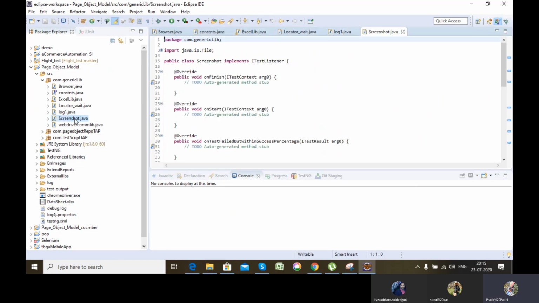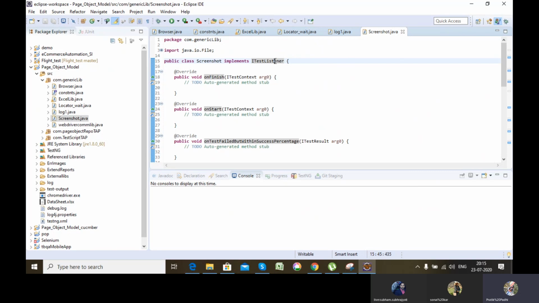Then comes screenshot. What I have done here is, let's say, for example, I have created a class Screenshot and implemented ITestListener. This is an interface which is present in TestNG. Once you implement an interface, you must be knowing that an interface contains abstract methods, and the class which implements or inherits that interface needs to redefine all the methods present in the interface.